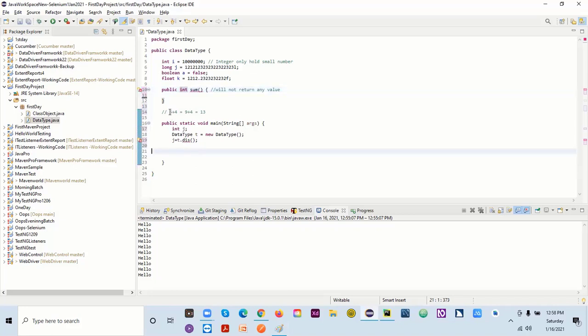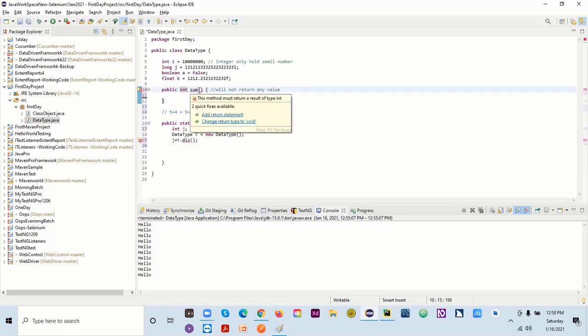if I talk about this one, integer, it's returning 9. 9 is a very small number, right? I can hold this number in integer, right? Because this is a very small number. If I'm talking about a very big number, then I have to use a long here, right? If I'm talking about a decimal number, I have to use a float data type, right? But I know this is a very small number, right? I know I can handle this value in integer as well. So I will be writing integer. Got it? So now I can give any name here.